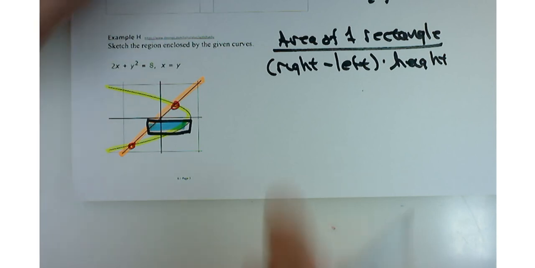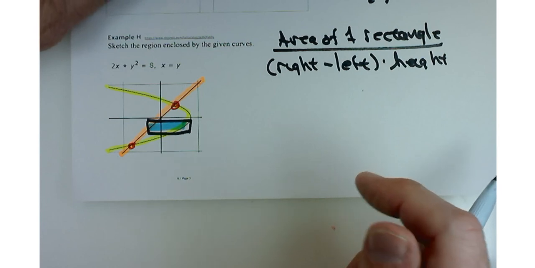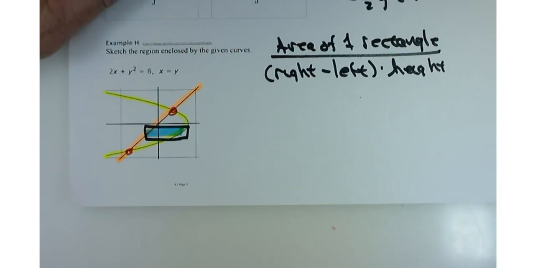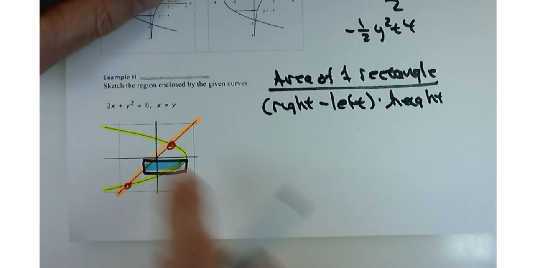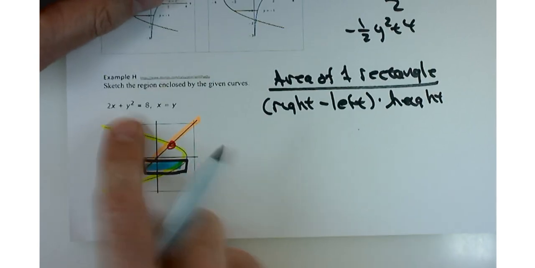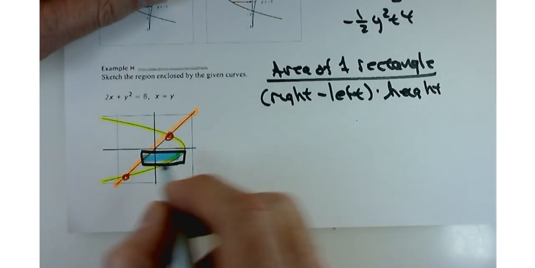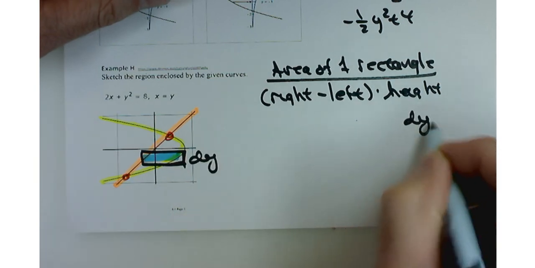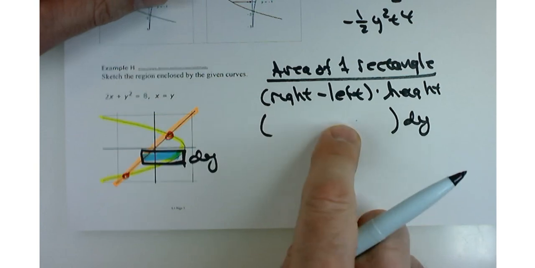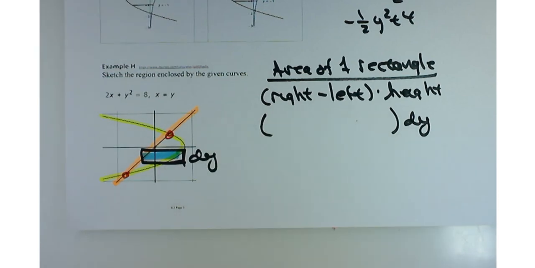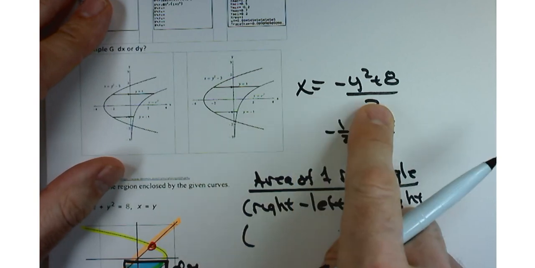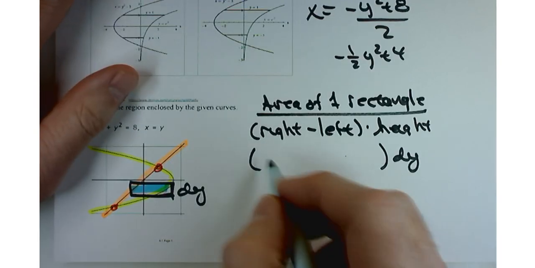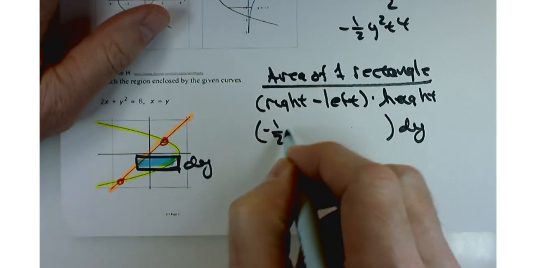Joshua, what can I fill in for the rightmost function? 2x plus y squared. Not quite. Let's do the height part first. What's the height of this rectangle going to be? dy. So if the height is dy, what else is that telling me about this expression here? Yeah, it can't be any x's. You have to have your expression in terms of y. So that's what we did up here. We solved for x in terms of y. So the rightmost function in this case would be negative 1/2 y squared plus 4